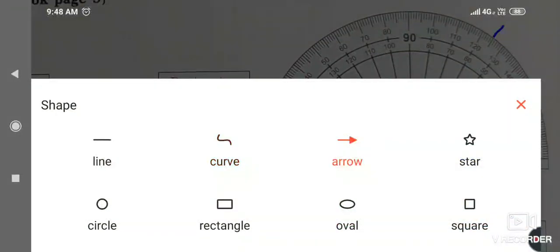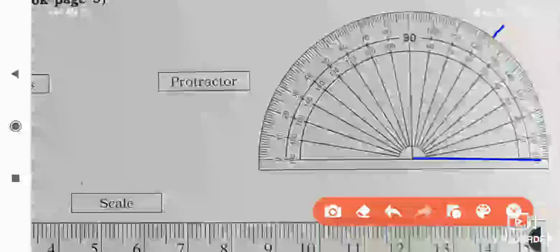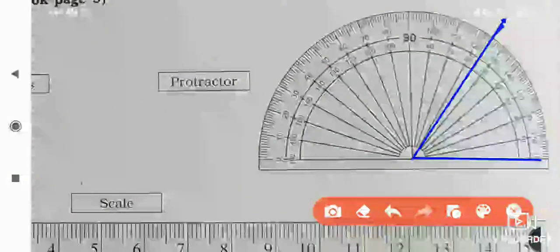After that we have to take the measure, put the arm at this place, and see where 55 is coming, at this place. We have to draw our angle, and its measure is exactly 55 degrees. Understood? In this way you have to use the protractor, draw the different angles, and then write the name of each angle.